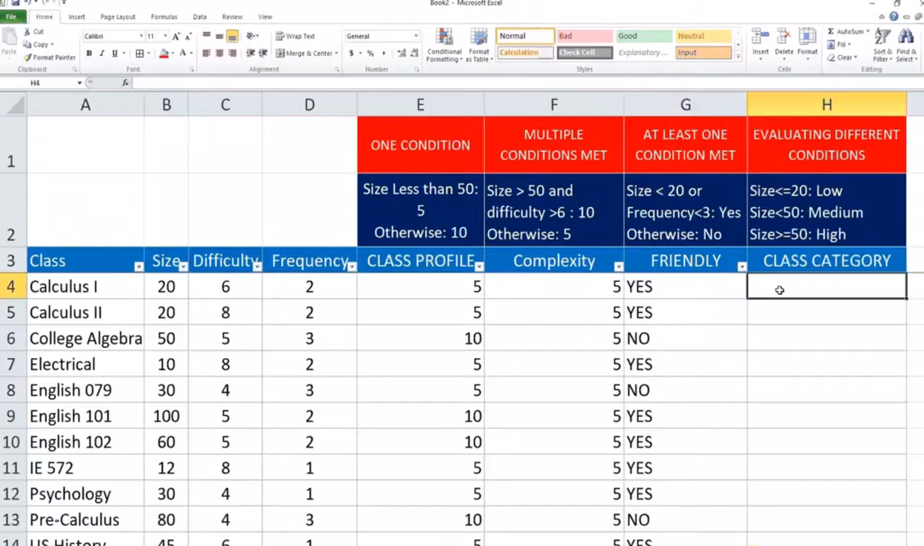So the last example is we are checking for the class size. We're going to check multiple conditions. So if the class size is less or equal to 20, then our return value will be low. If the class size is less than 50, our return value will be medium. If the class size is greater or equal to 50, our return value is high. So the way this one works, equal if,